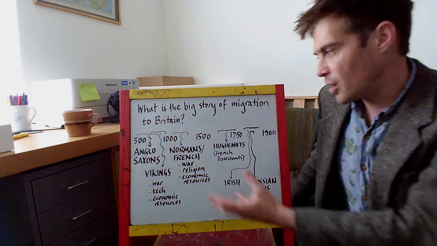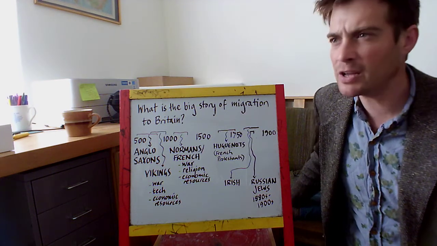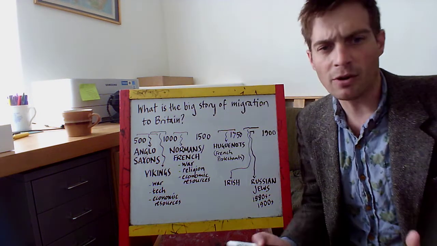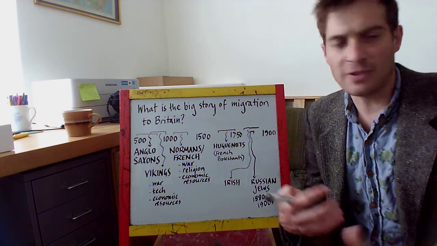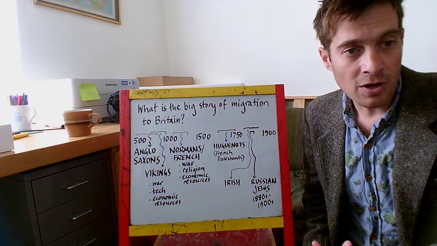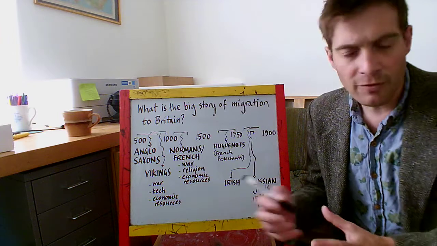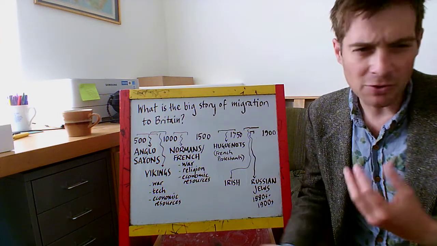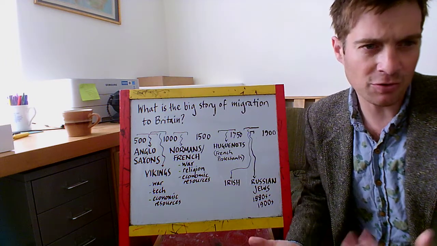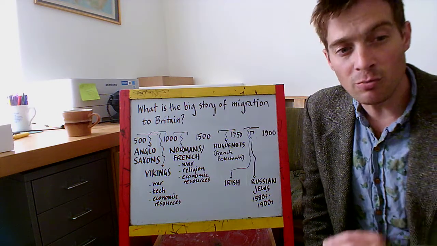So, as you know, in around the year 1500, or 1492 to be exact, the world changed forever. With Christopher Columbus's voyage over to the Americas, suddenly the world became a much smaller place, and there was, for the first time, contact between Europe, the old world, and Europe and Asia, and the Americas, the new world. And all of those changes brought about a huge movement of peoples all around the globe, and migration sped up in a way, both to Britain and from Britain. But remember, we're focusing on people coming to Britain.